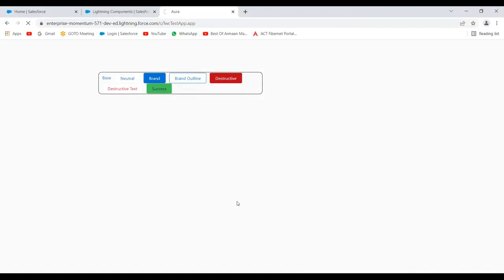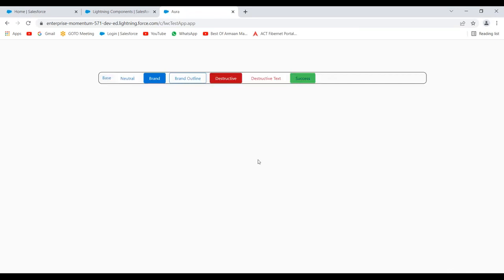Now run this. So we can see the buttons, different styles of buttons. See, it has a normal name, base component, neutral, which has a white background. Brand is the brand style. Brand outline has a white background with a blue color border. Destructive is a red color, with a white background and red color text. This is the success,